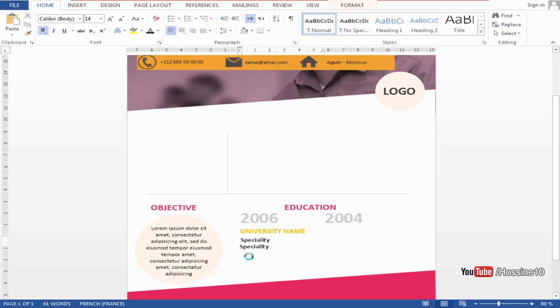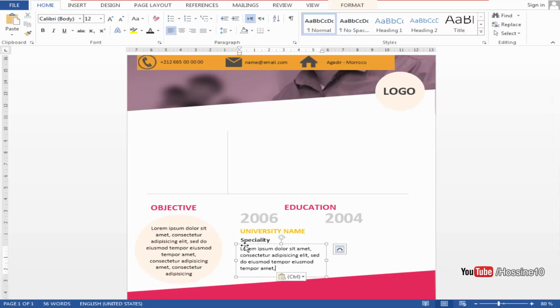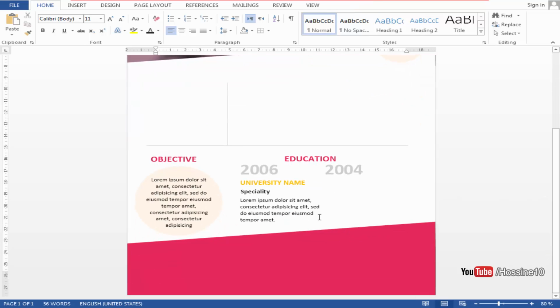So for our text like this, press again Ctrl and make a copy of this text. So I will take this text because this is just an example. So, and this is my text. The same thing,